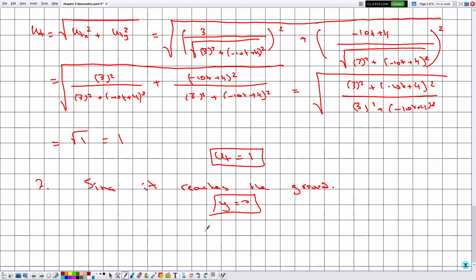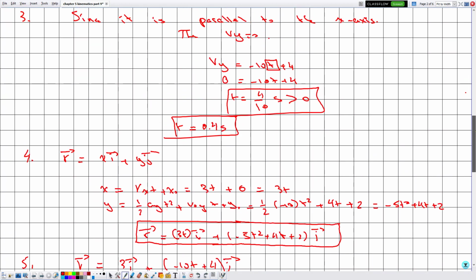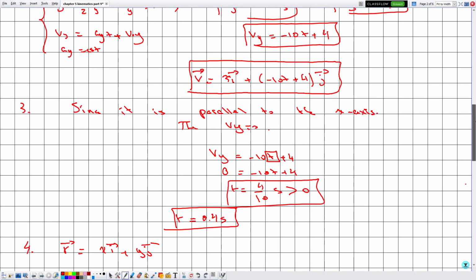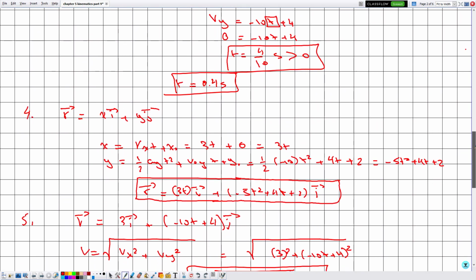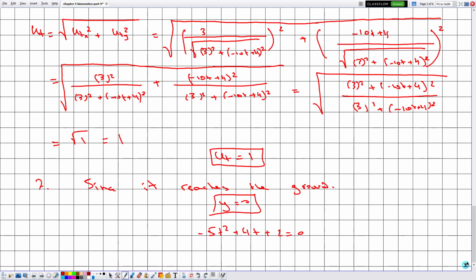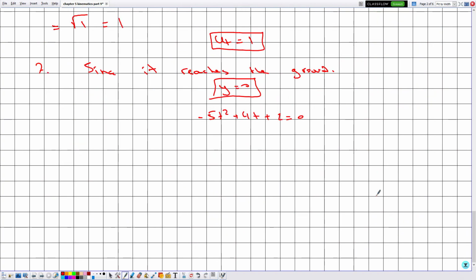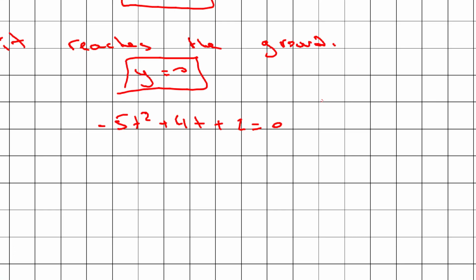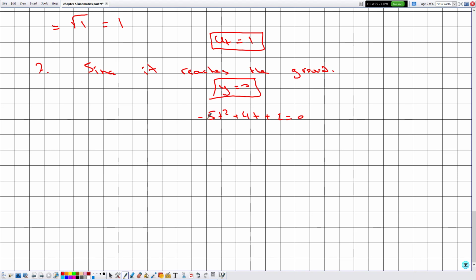We have minus 5t squared plus 4t plus 2 is equal to 0. Now we need to solve for time. What's the type of this equation? We take the highest degree, so this is a quadratic equation. Then what are the solutions of this equation? Either two distinct roots, a double root or no roots, and this depends on the sign of delta, but we can directly use the calculator. So plugging this on the calculator,